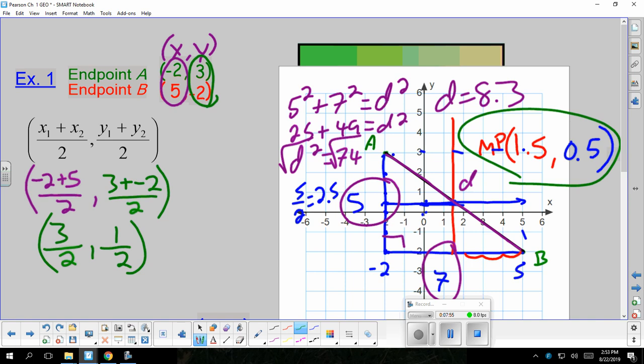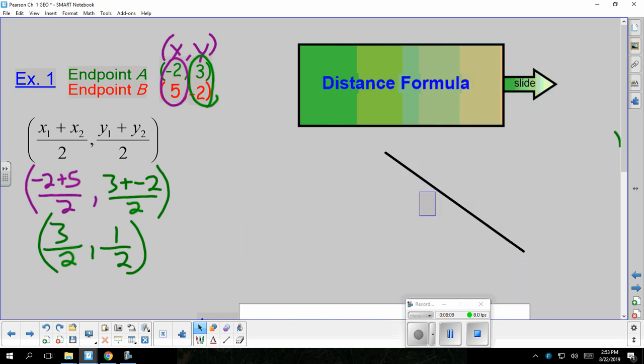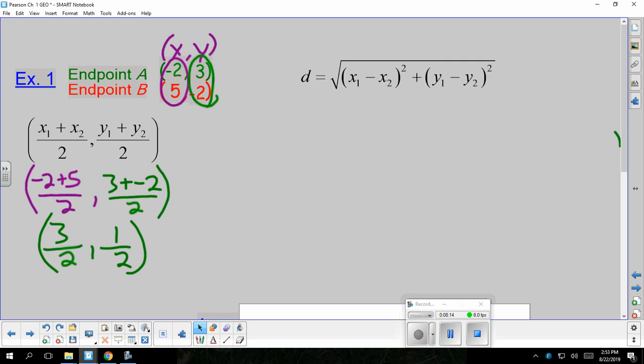Next, let's see how we can use our distance formula. We already found the distance was 8.3. Let me go ahead and get rid of these guys. And our distance formula here. So our distance formula, right? Remember I told you it's very similar to the Pythagorean theorem. We can say it's the exact same thing as the Pythagorean theorem, right? So we looked at the Pythagorean theorem,